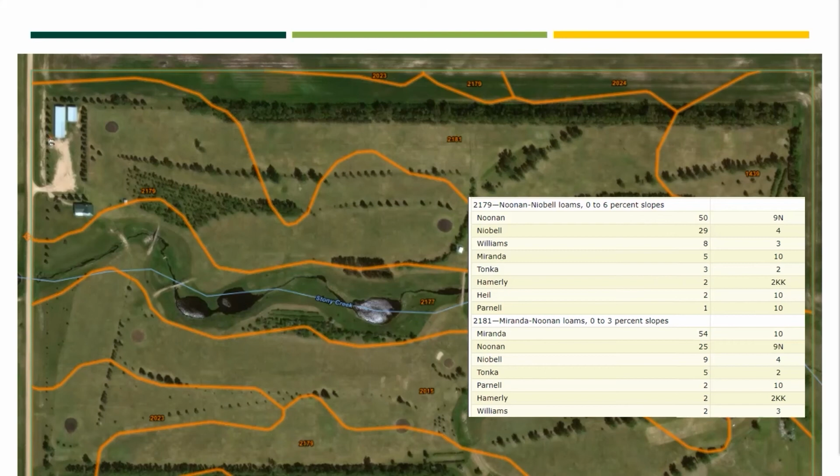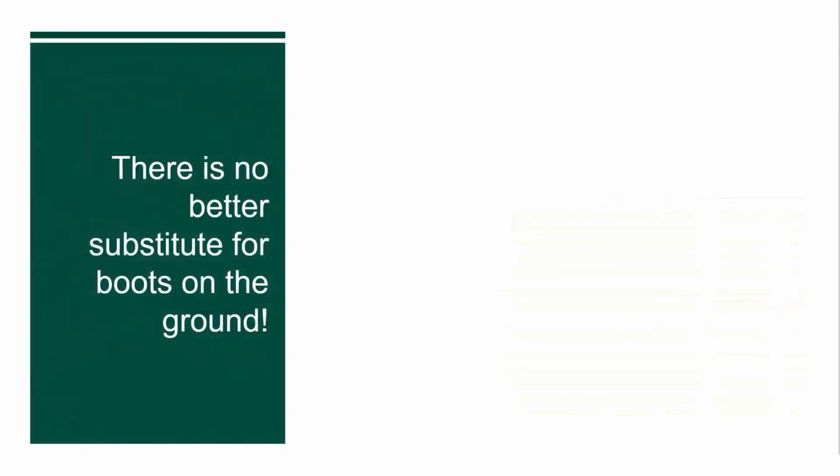All of these assumptions and educated guesses can be made from what we've seen on Web Soil Survey, but in my opinion, you really can't draw solid conclusions until you put some boots on the ground. Nothing can give a better indication of the site potential than looking at that site. And I know just how hard it can be to feel like you're stuck in the office with paperwork. That just gives you an even better excuse to get out and walk the land, dig a few holes, and